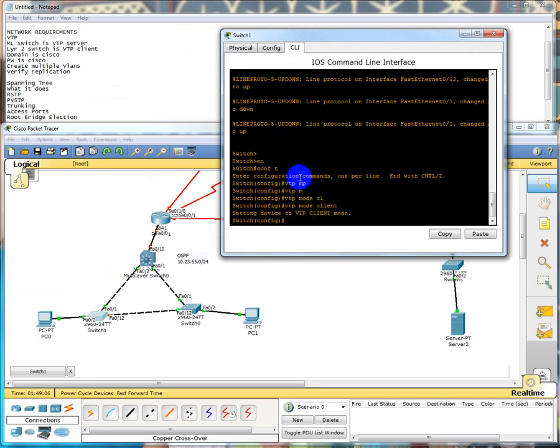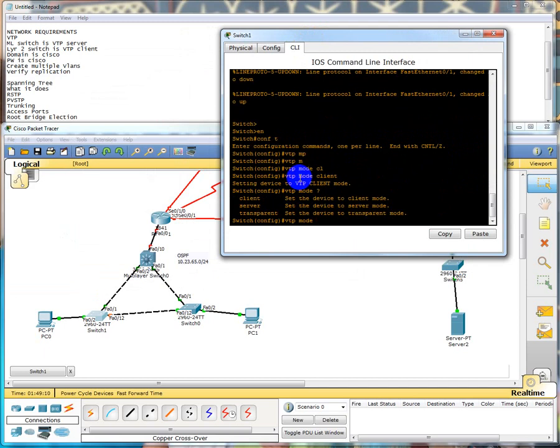You can configure all 3 of them: client, server, and transparent. Server is default. Client will only listen for and accept BPDUs, VTP updates. And once it hears about them, and if it's got a higher revision number, and I'll show you that here in a second,